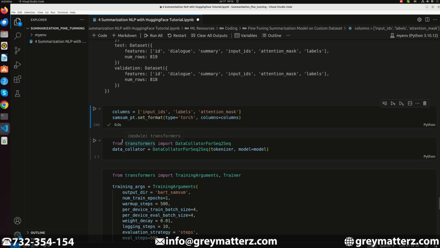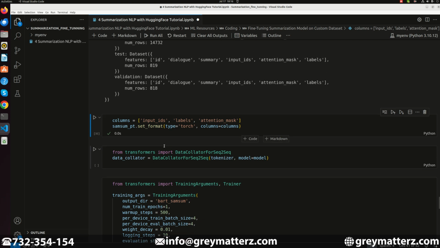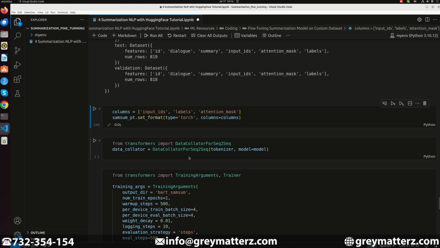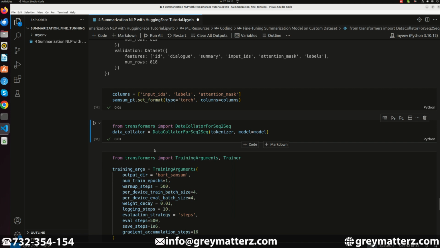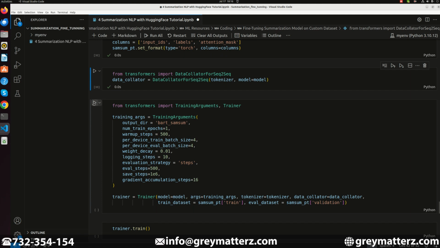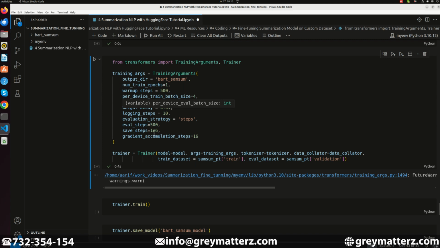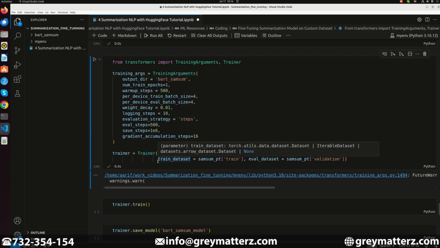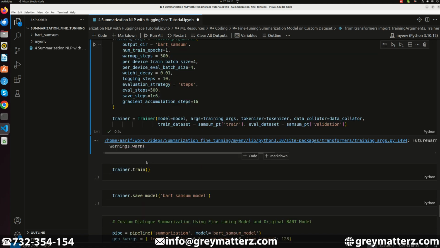Next, we'll set up a data collator and the training arguments. From transformers import DataCollatorForSeq2Seq, TrainingArguments, Trainer. data_collator = DataCollatorForSeq2Seq tokenizer, model = model. training_args = TrainingArguments output_dir = bart_samsum, num_train_epochs = 1, warmup_steps = 500, per_device_train_batch_size = 4, per_device_eval_batch_size = 4, weight_decay = 0.01, logging_steps = 10, evaluation_strategy = steps, eval_steps = 500, save_steps = 1e6,